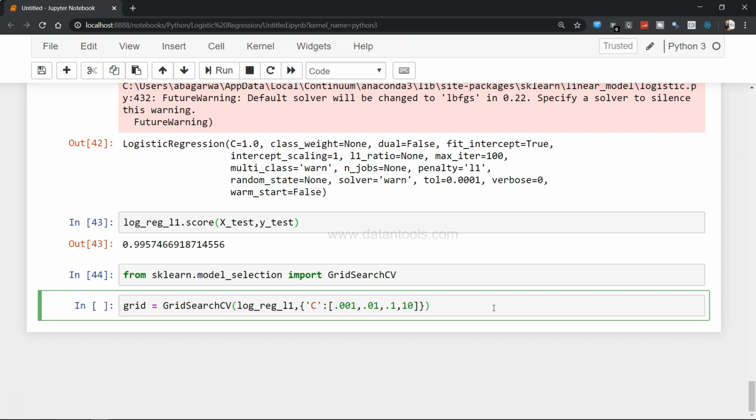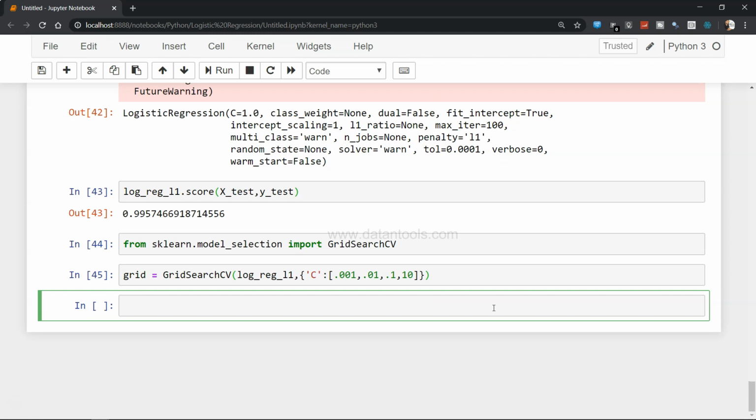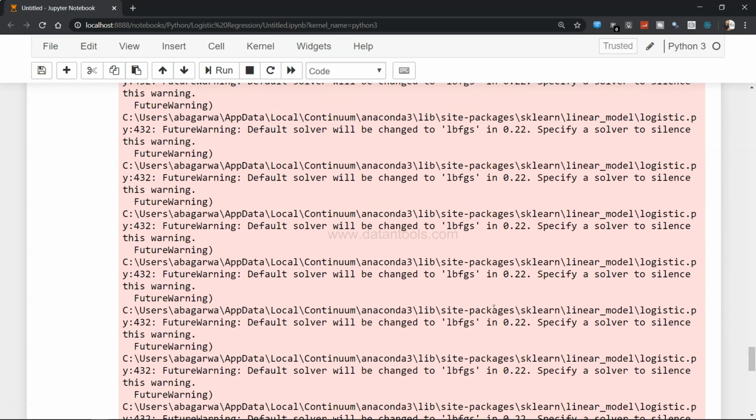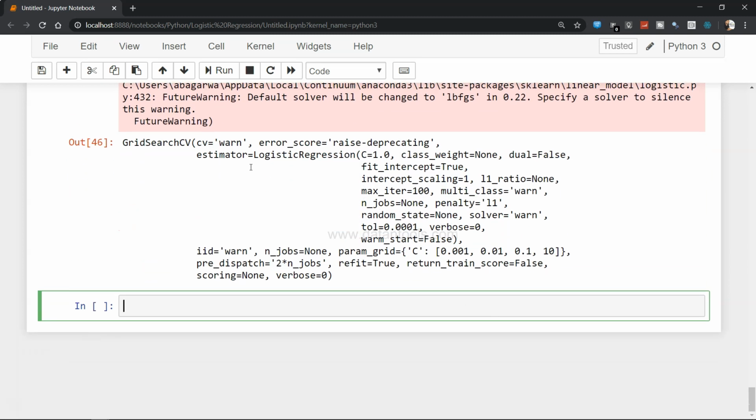Okay, so if I go ahead and initialize that, it's initialized. And now we use grid.fit on the training data, x_train, y_train, and it gives us some warnings based on how it performs. So it has done the GridSearchCV on the dataset that we provided.